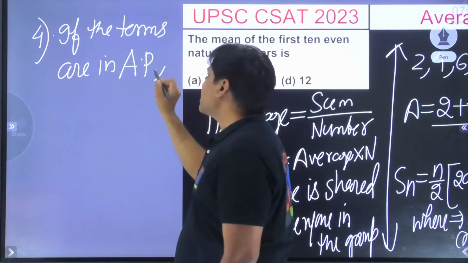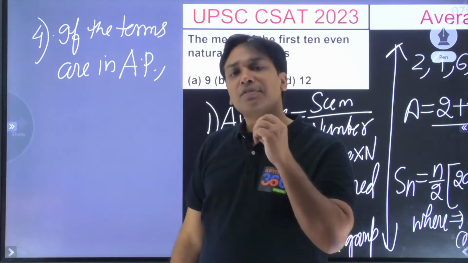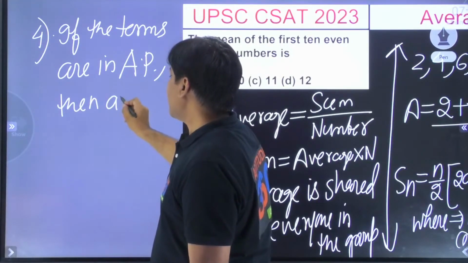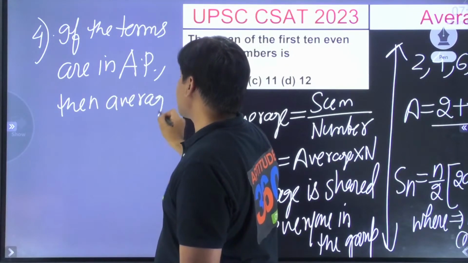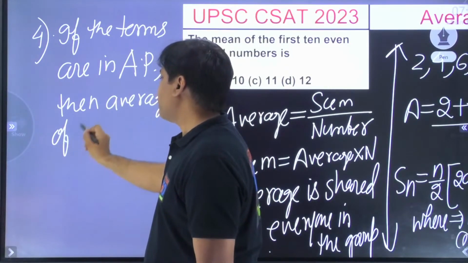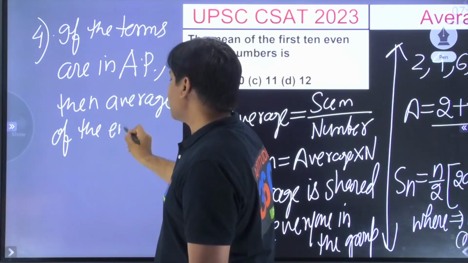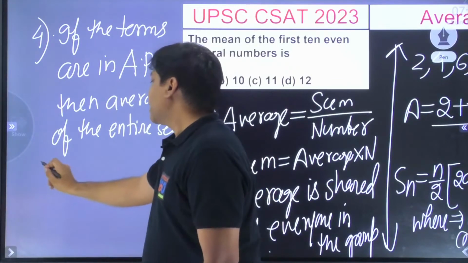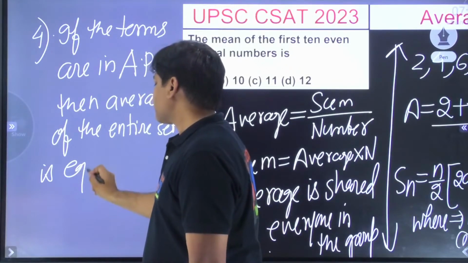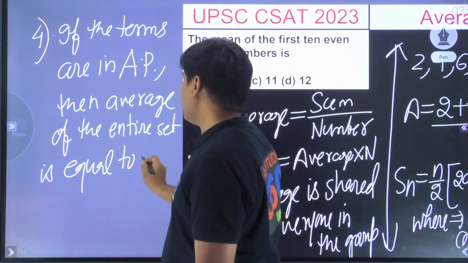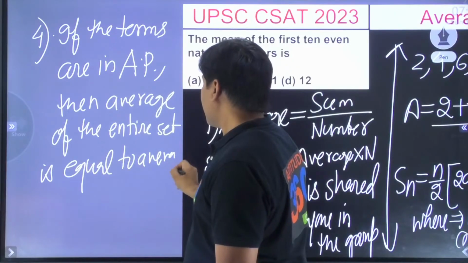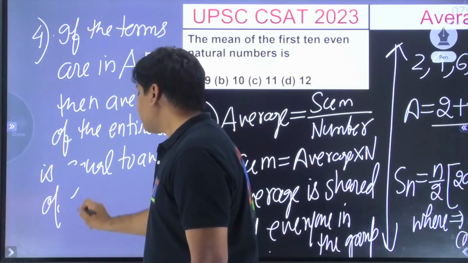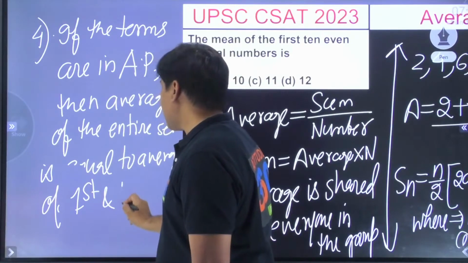AP stands for arithmetic progression, and if that is the case, then the average of the entire data set is equal to the average of the first and the last number,